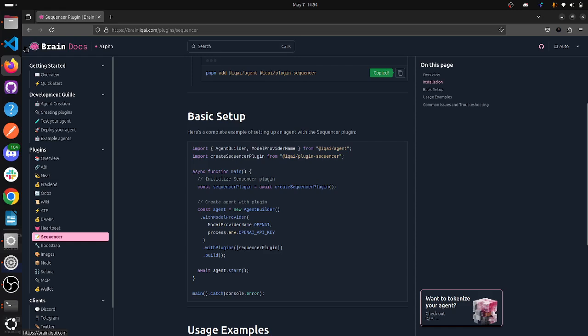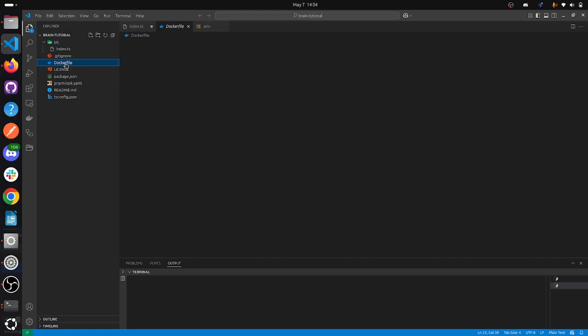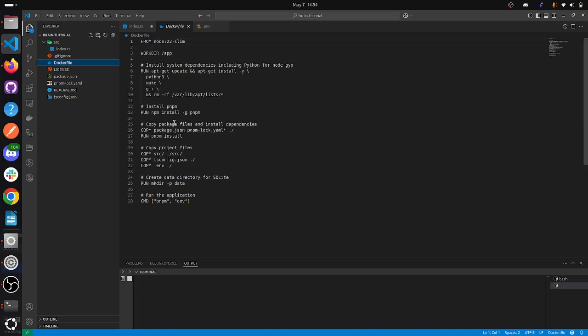Now please note that the Brain starter template comes with your Docker file, so you don't need to actually set up a new Docker file. You can actually just use the one that comes with the Brain project. We may be looking into this in a different episode. Let's go back to our